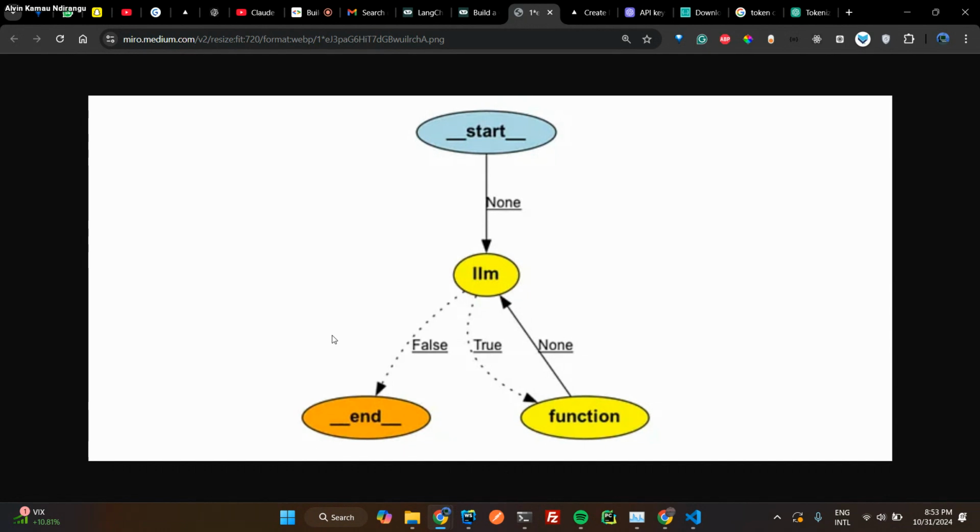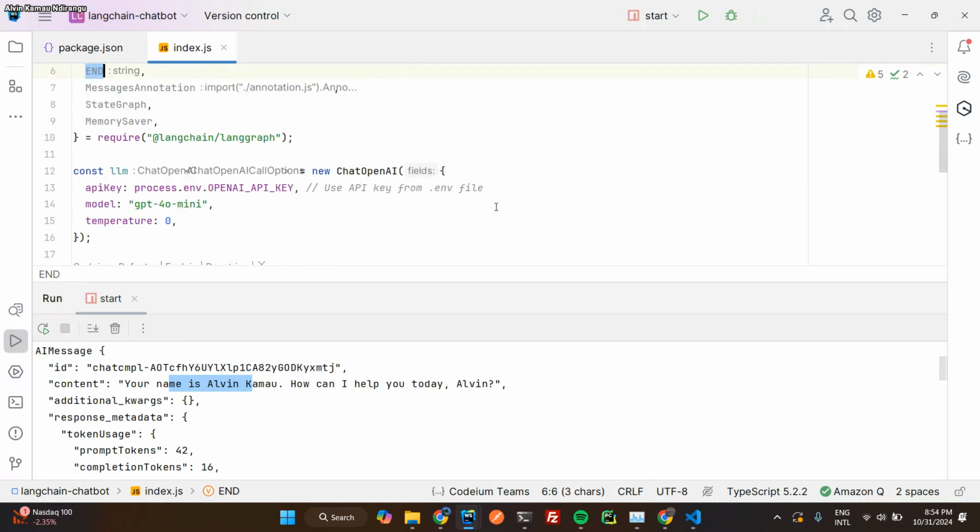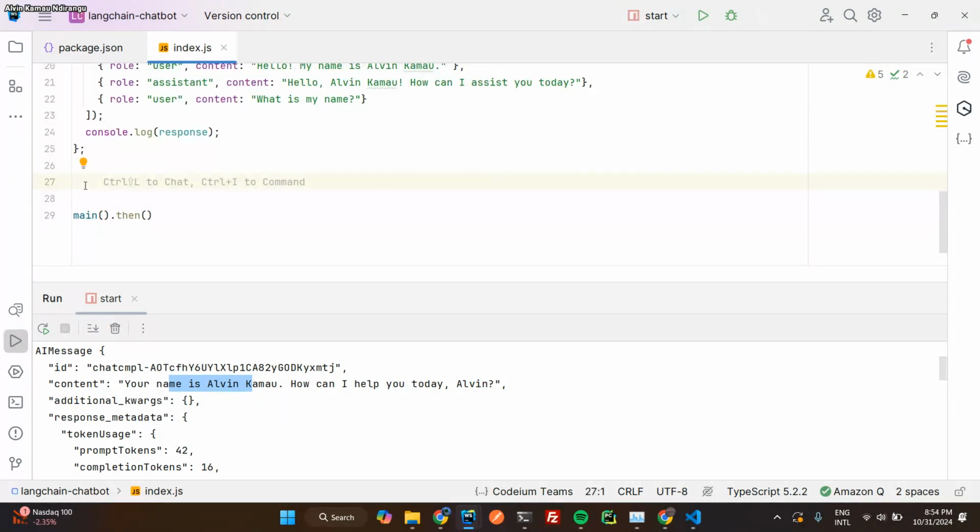This is what I have copy pasted. This is the import that I am doing. I am copying the start. I'm importing the start. I'm importing the end. I'm also importing these other ones. We're going to see how they work when I start writing the code. So